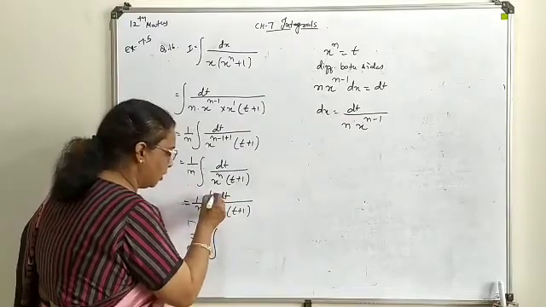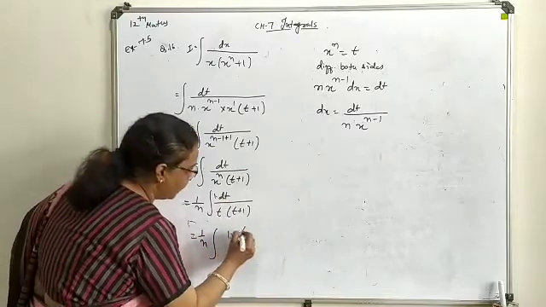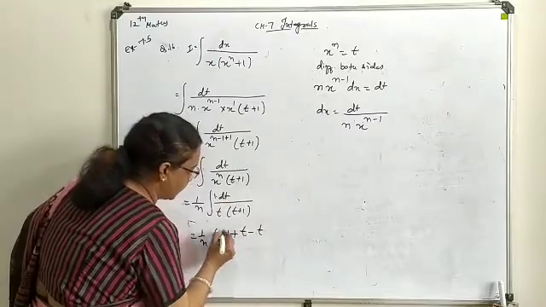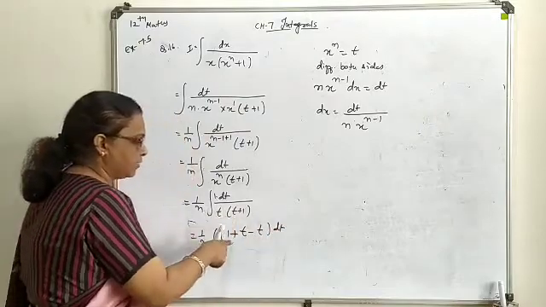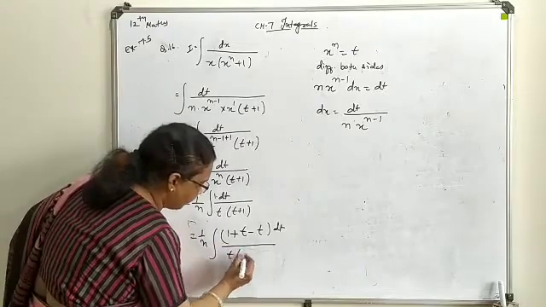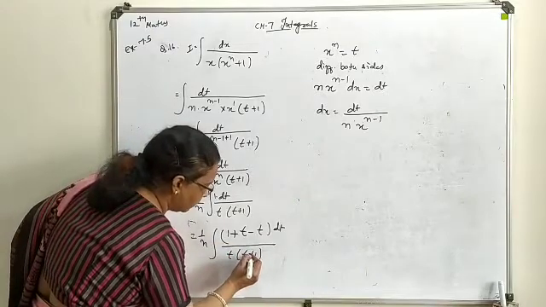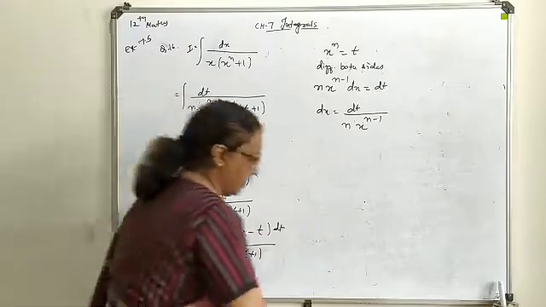As a multiple of dt, 1 is present, so 1 we will take for reference, plus t and minus t from our side, because t plus 1 and t we require. So this way the terms are to be produced. Partial fraction also you can use to find out the terms separately. Now we make two combinations here.